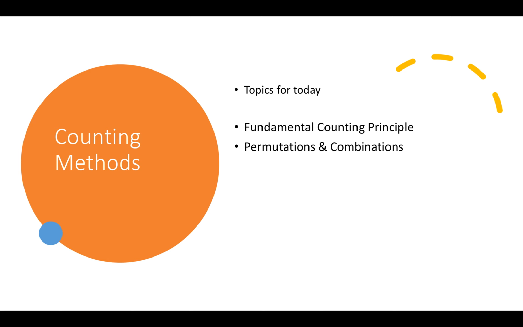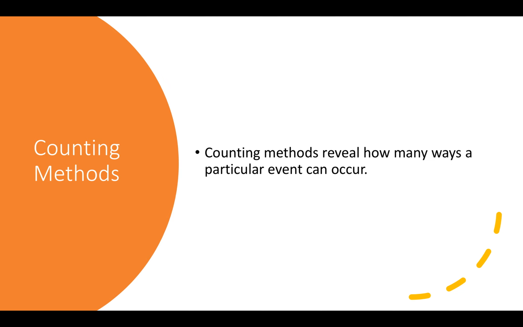Okay, so today we're going to finish up our unit on probability by looking at counting methods. We're going to start by looking at what's called the fundamental counting principle, but more so we're going to be looking at permutations and combinations because those are going to be used in subsequent sections. So really what we're looking at here, counting methods, they're going to reveal how many ways a particular event can